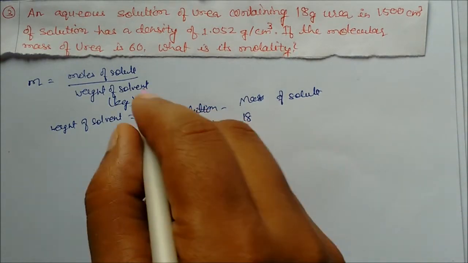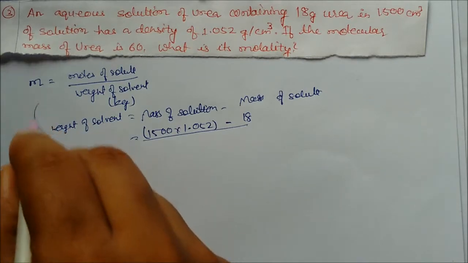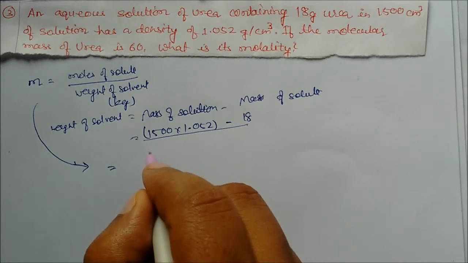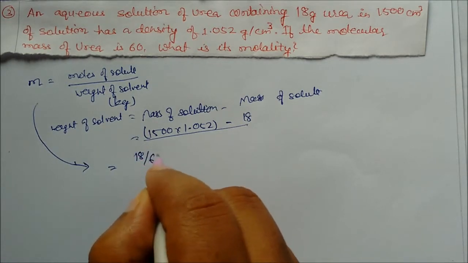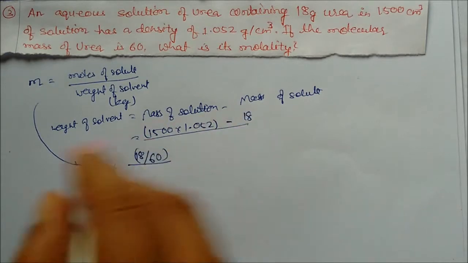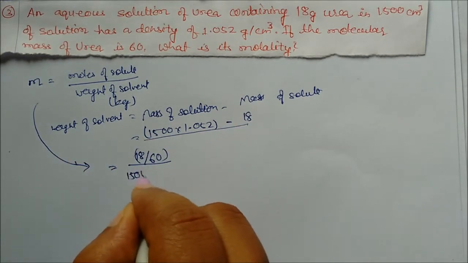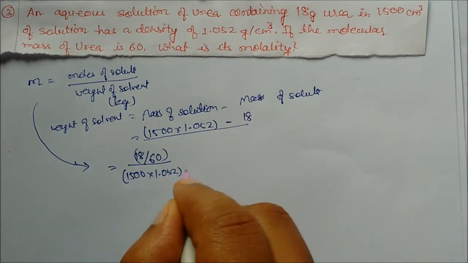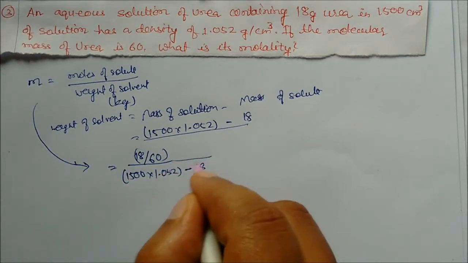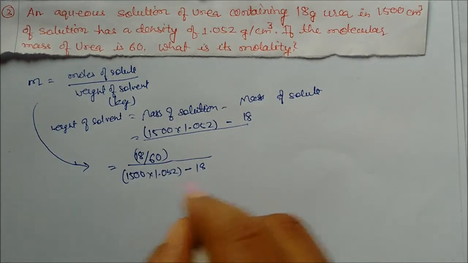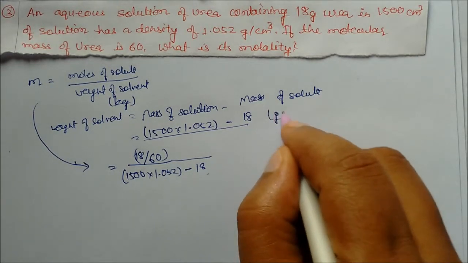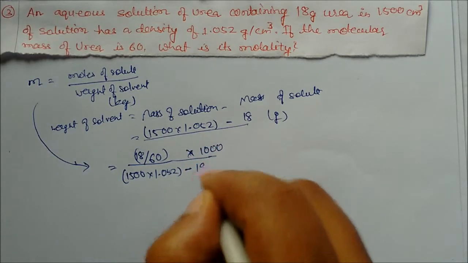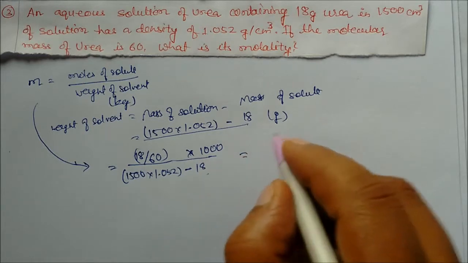So we can put this value directly over here. The moles of solute are already known: 18 upon 60. And the weight of the solvent is 500 multiplied by 1.052, which is the mass of the solution, minus 18 grams. This is in gram, so again you multiply by 1000 to convert it to kilogram. On solving you will get the answer